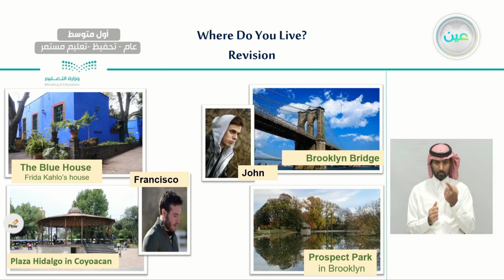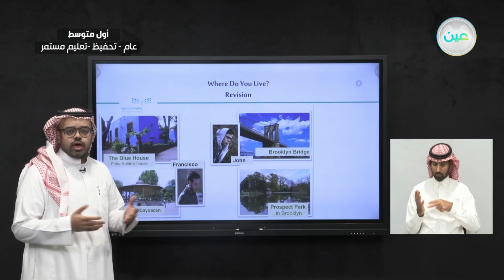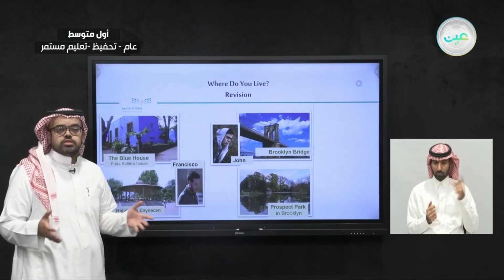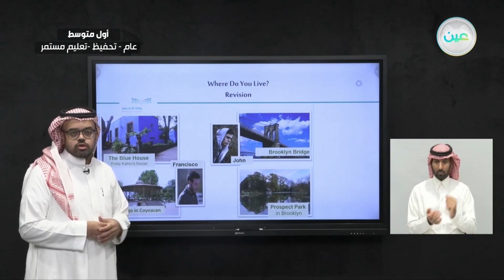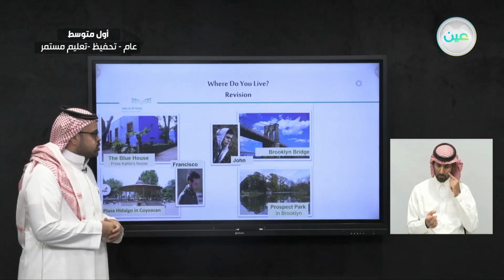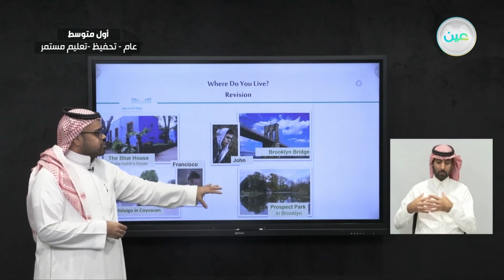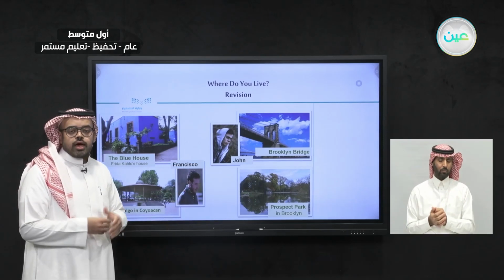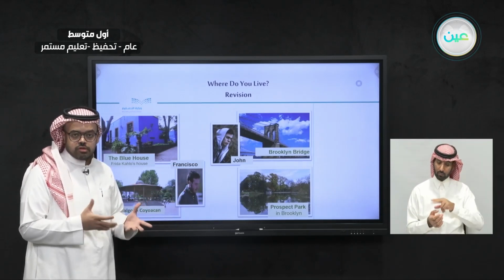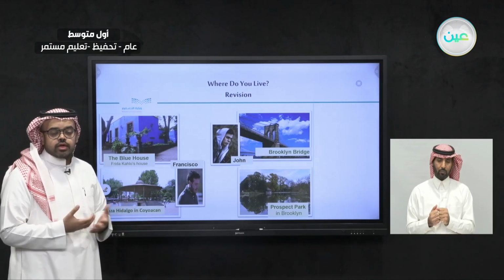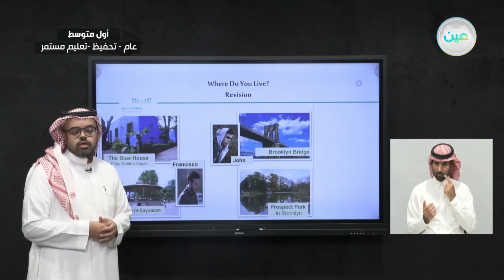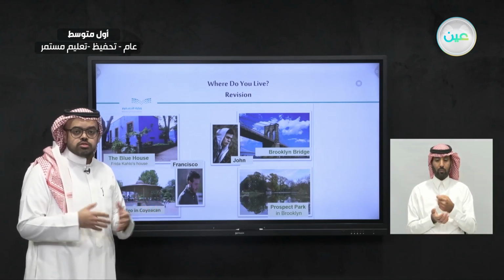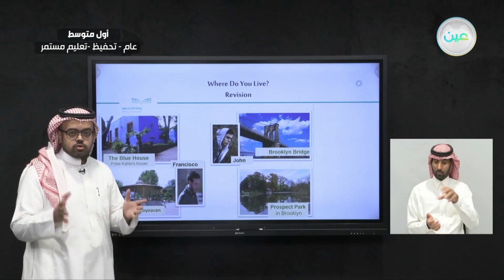So just a quick revision on last lesson. Last lesson, we have a reading text. We have read 2 reading texts about 2 different neighborhoods. And we also did compare between those neighborhoods. We found some similarities between the neighborhood in America, the neighborhood in Mexico, John's and Francisco's, and we have found some differences as well. And at the end of this reading text, I told you to try to compare the differences or the similarities between their neighborhoods and your neighborhood as well.